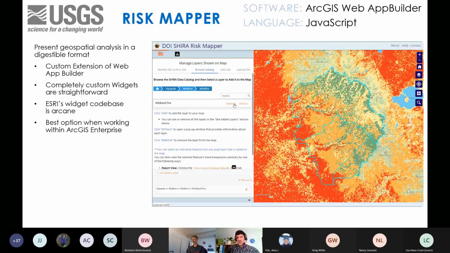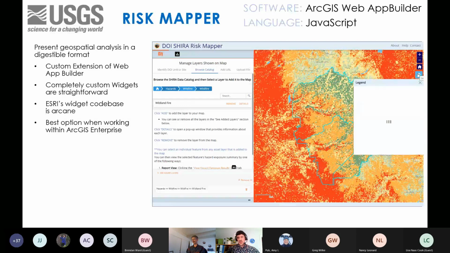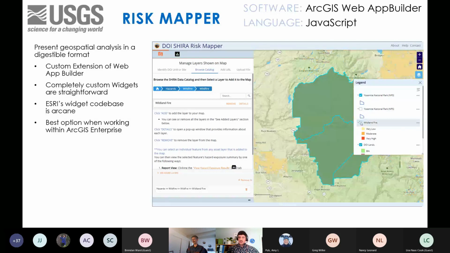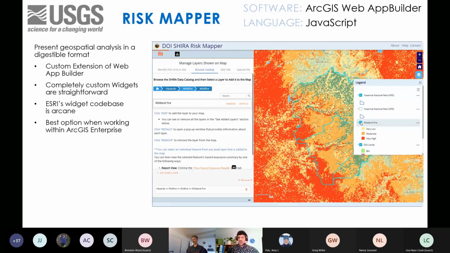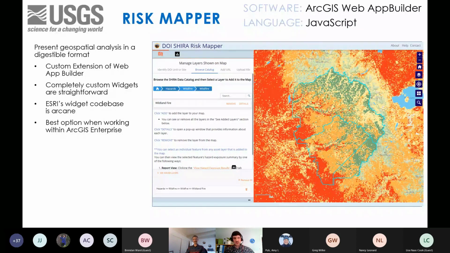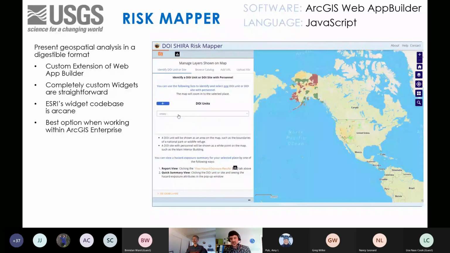In this case, they're in Yosemite. They identified it has high wildfire risk, and then they can add in the actual spatial data, and then interact with the map to manipulate it, and get at that information in a more digestible manner than just looking at raw GIS data. And they don't necessarily need GIS experience.